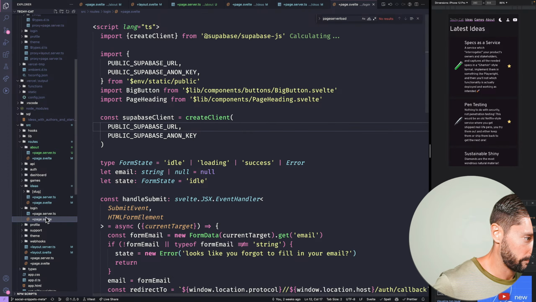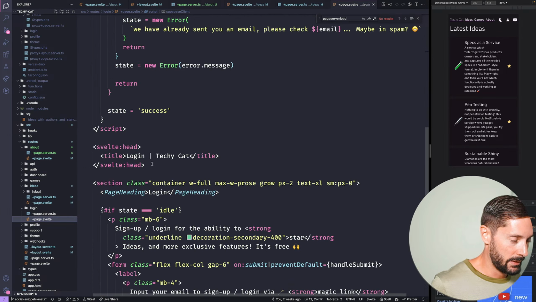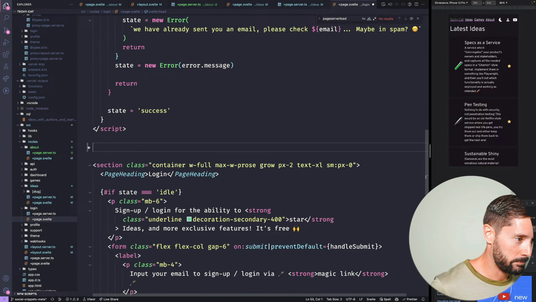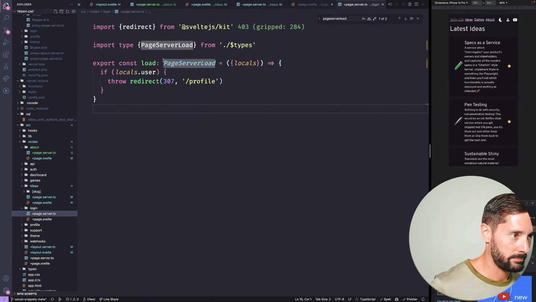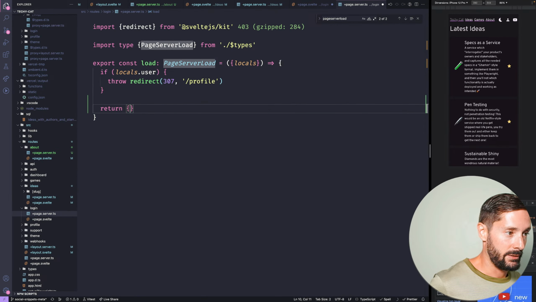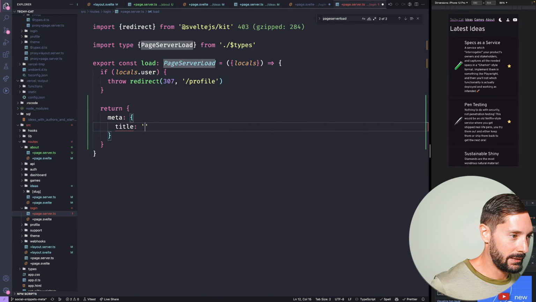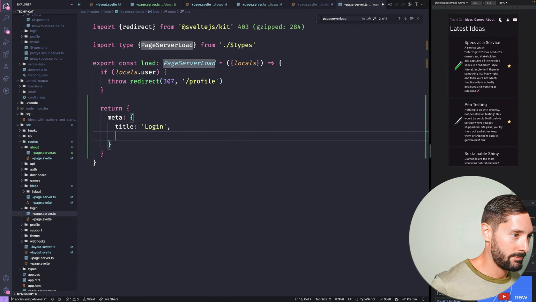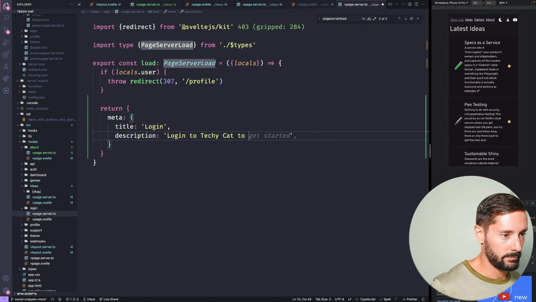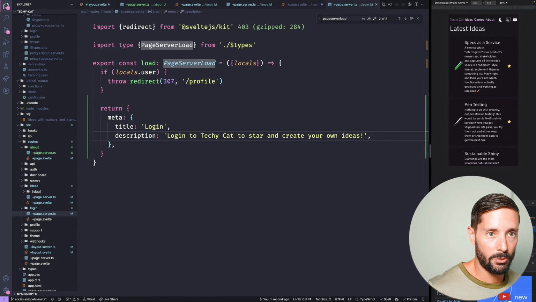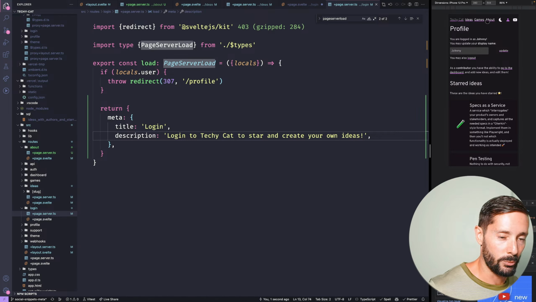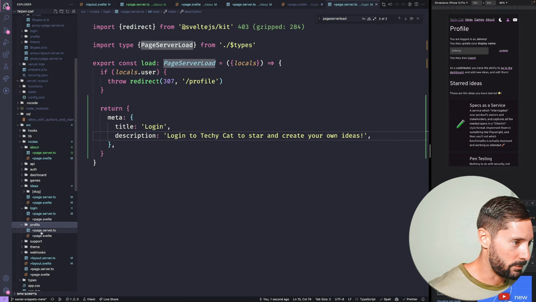So this is a front-facing page. The login page is also front-facing. People can get there, remove the head, go to the server, and return meta title, description. So this is the page you'd be seeing if you were not logged in,